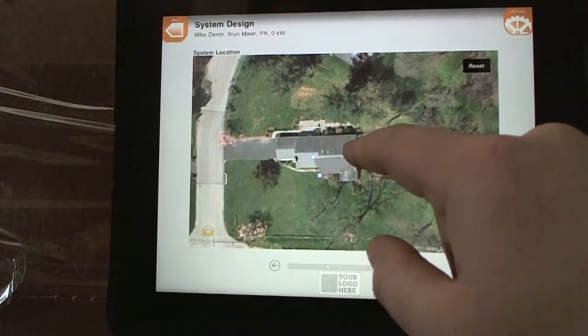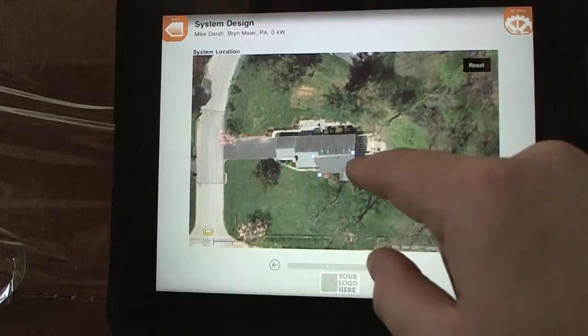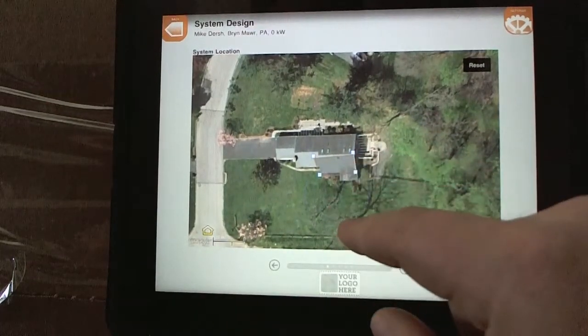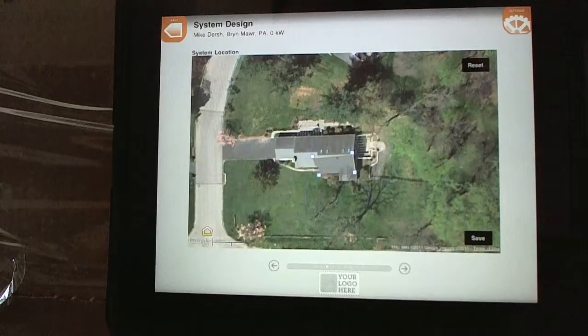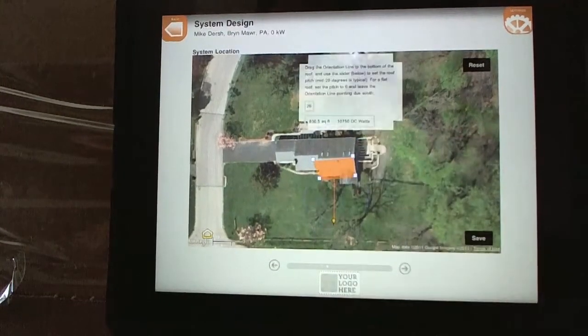And we do recommend that you use a stylus. It's what's called a capacitive pen with this, so that for those of you that have fat fingers like mine, it'll make it a little bit easier to go ahead and use the pen and you have a finer point. So once I've drawn the system on the page, I can just go ahead and tap it to get the